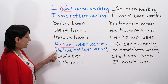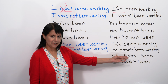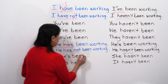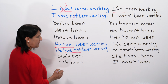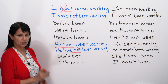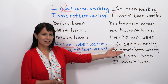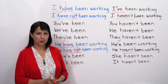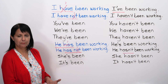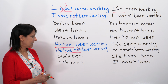If we make it negative, he has not been working becomes what? He hasn't been working. So what happened here? This is short for has not. We took out the O, we added the apostrophe, and we contracted those words. So we say he hasn't been working. Good. Let's do the same thing here. She has been working becomes she's been. It has been,